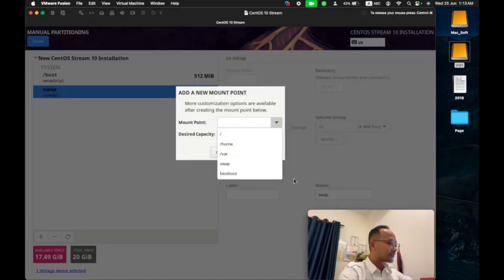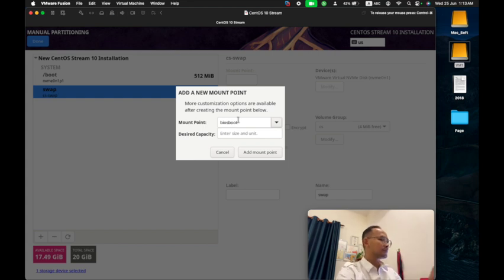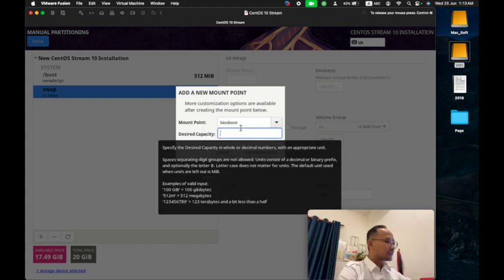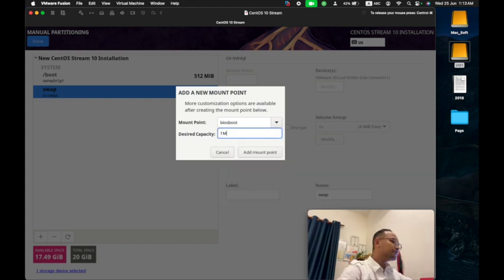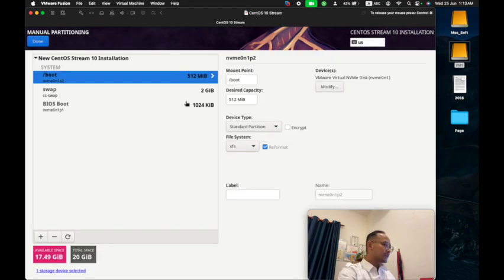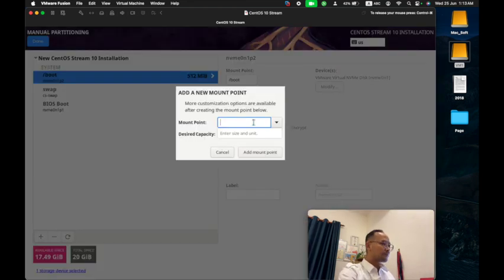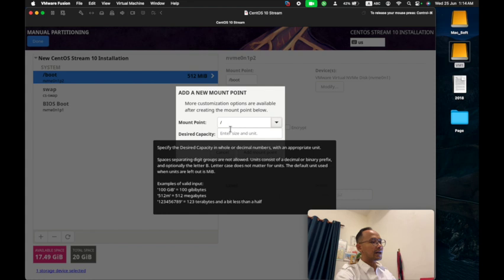I choose English United States, and continue. Here is the installation summary where we need to configure some things. Let's recheck the keyboard. If we need another keyboard layout, we can add it here.